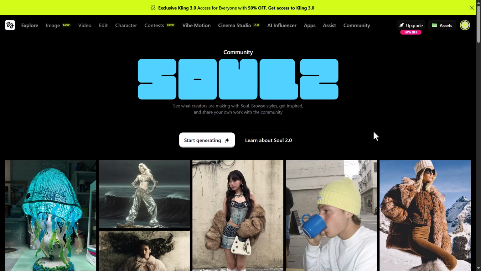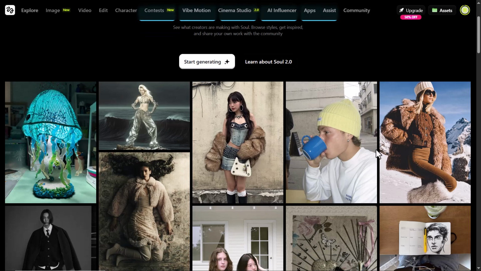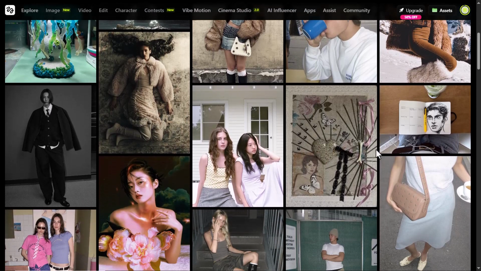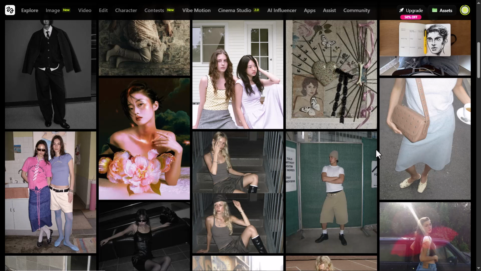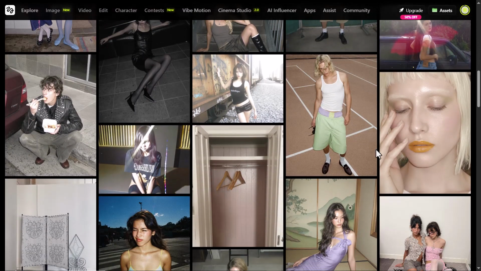Let's say you're building a brand. You need consistent characters, strong editorial visuals, campaign-level images that actually look styled. So, you open an AI image tool, and after 10 generations, everything still feels random. The pose changes, the vibe shifts, the aesthetic turns into costume, and suddenly you're spending more time fixing outputs than